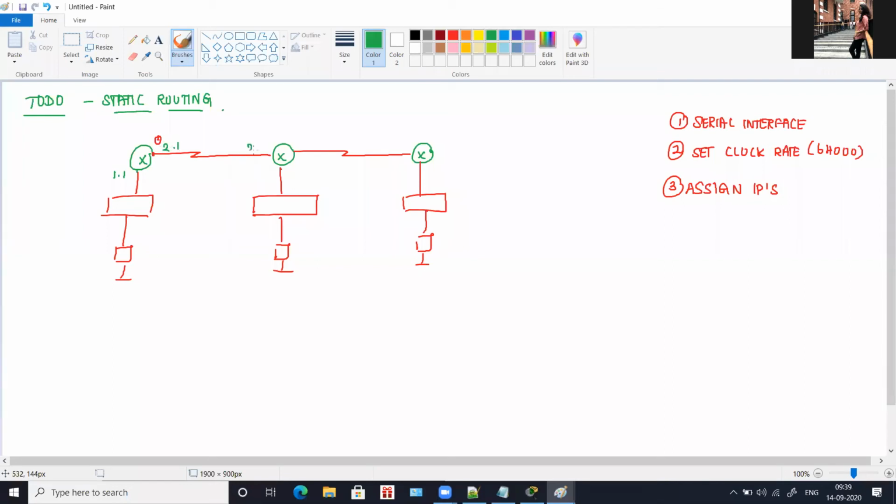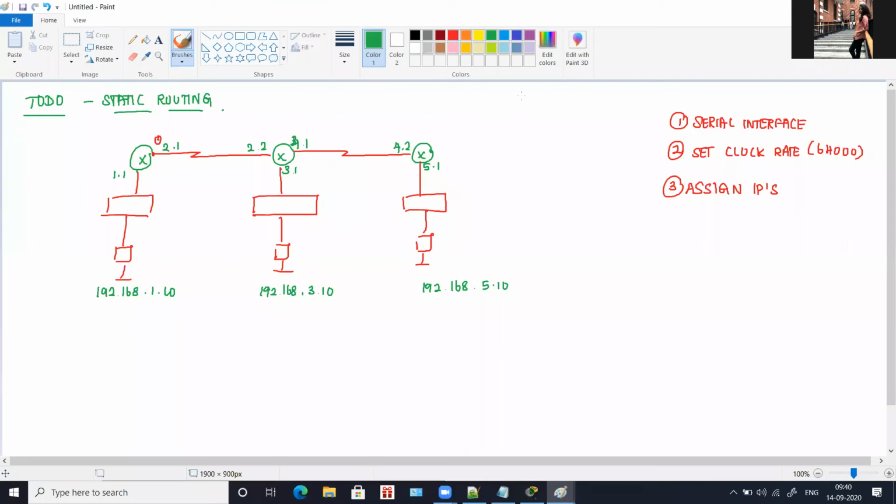For this, 2.2. For this, 3.1. For this, 4.1. For this, 4.2. And for this, 5.1. And this IP will be 192.168.1.10. This will be 192.168.3.10, and this will be 192.168.5.10. So you'll assign IPs for all the interfaces of a router and for your computers.